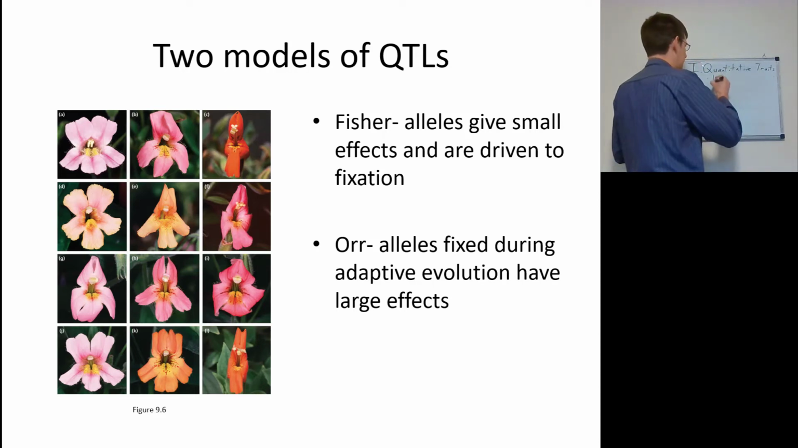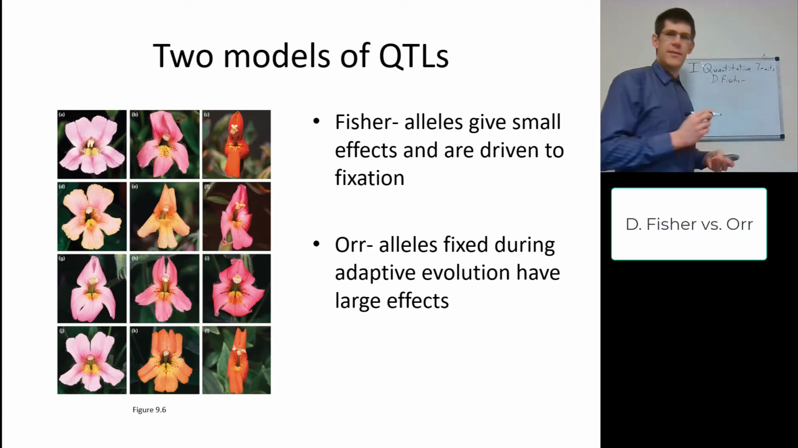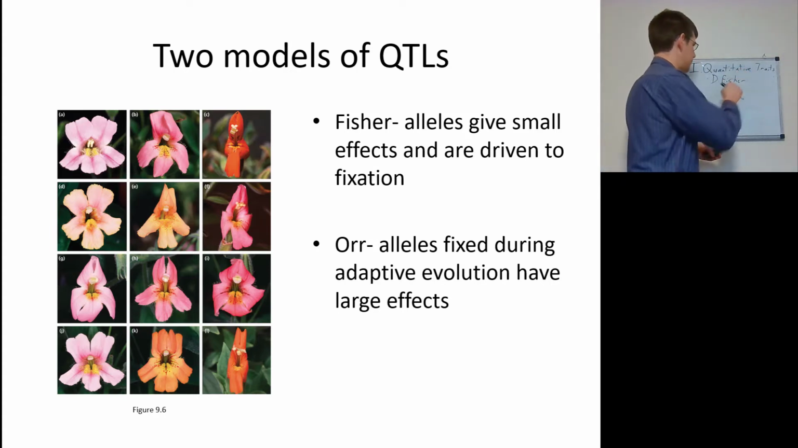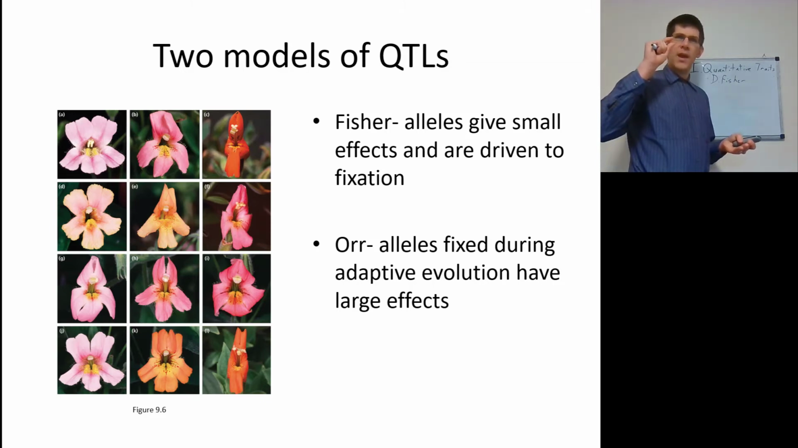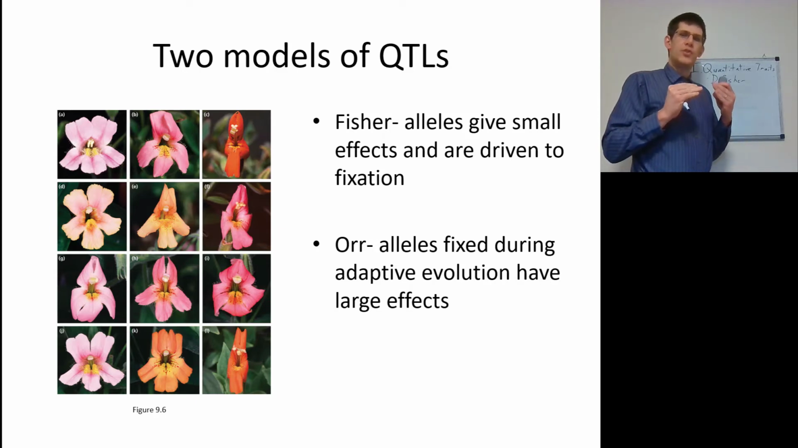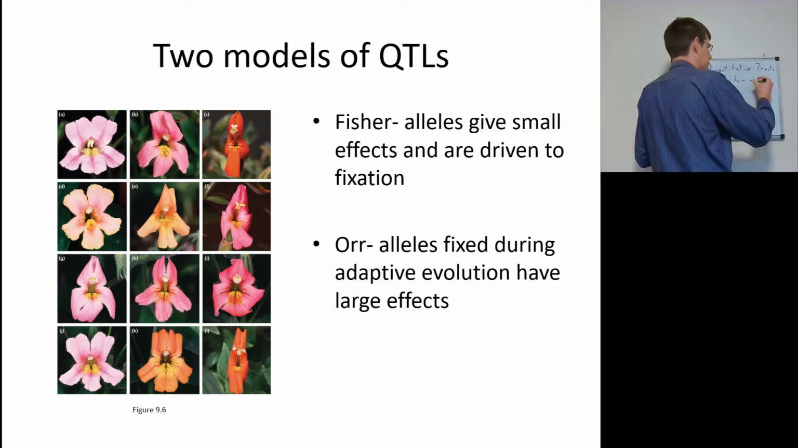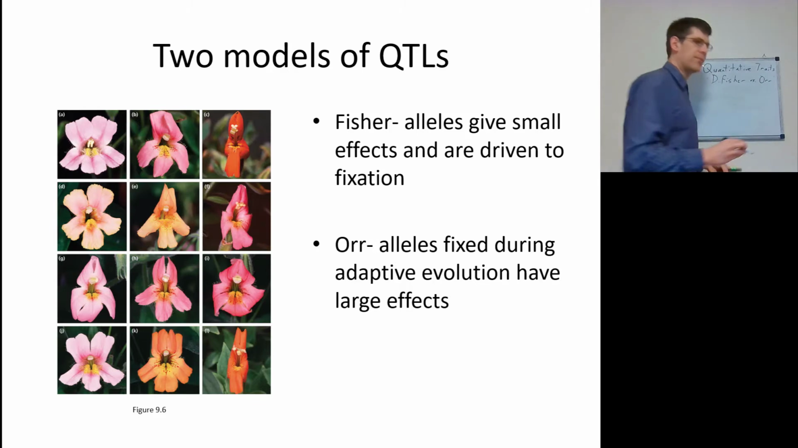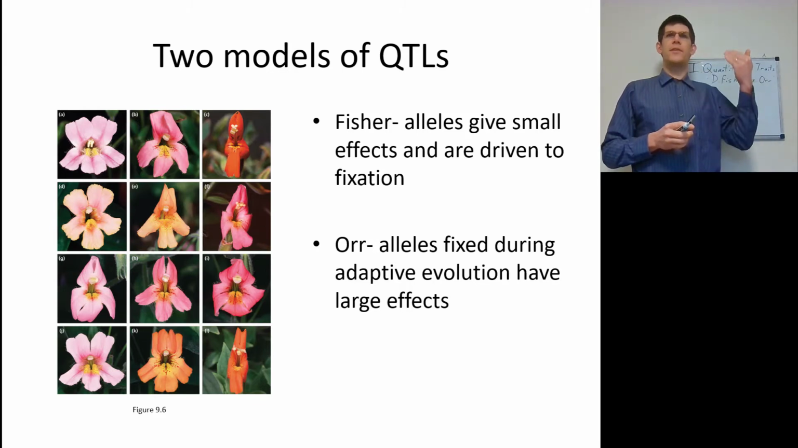One of them is by Fisher. What he said is that alleles give small effects and are driven to fixation. So that we have 50 short steps between Mimulus lewisii and Mimulus cardinalis. Whereas Orr would say, no, you've got one leap, 5 jumps, 10 paces, and then